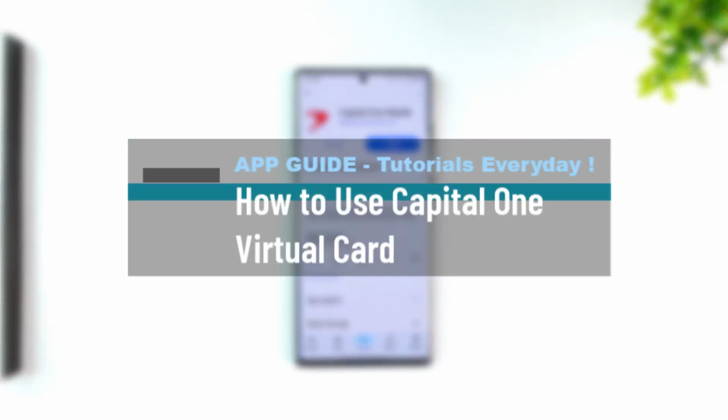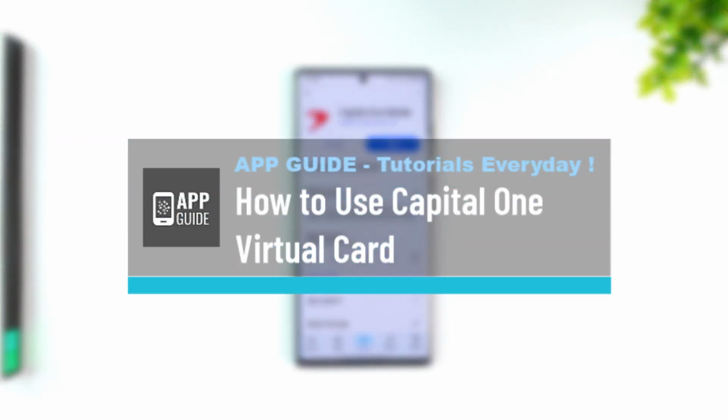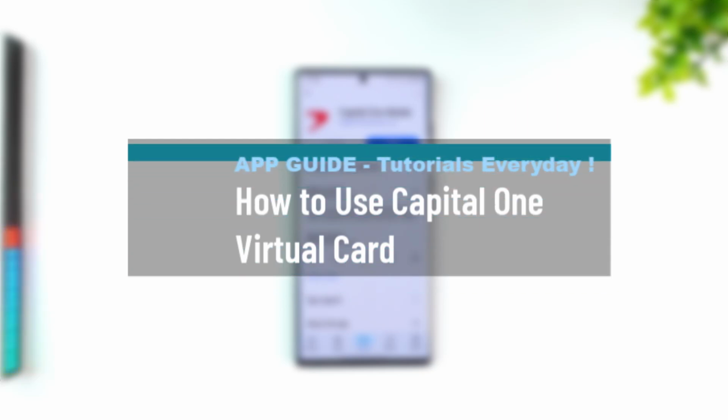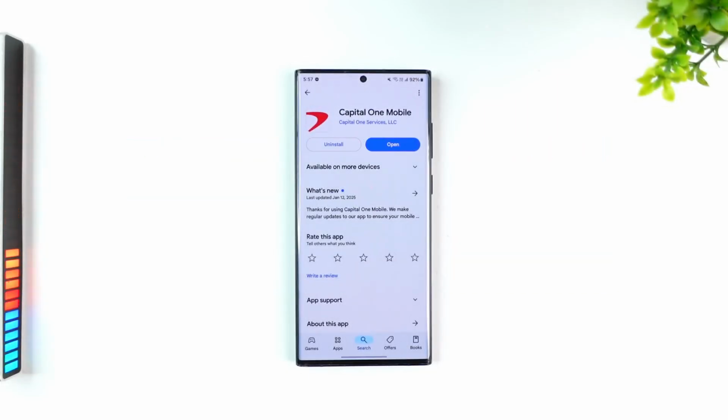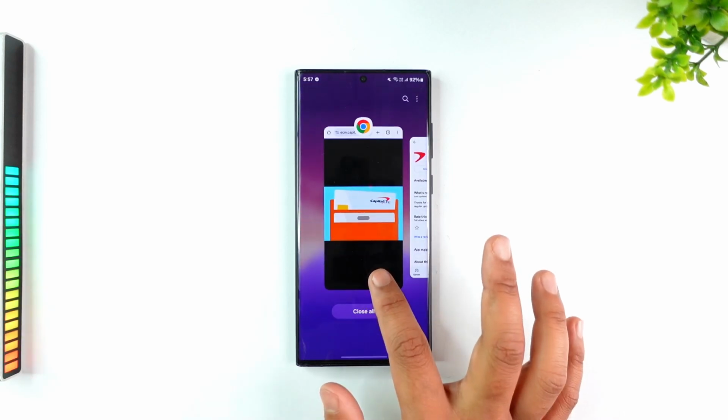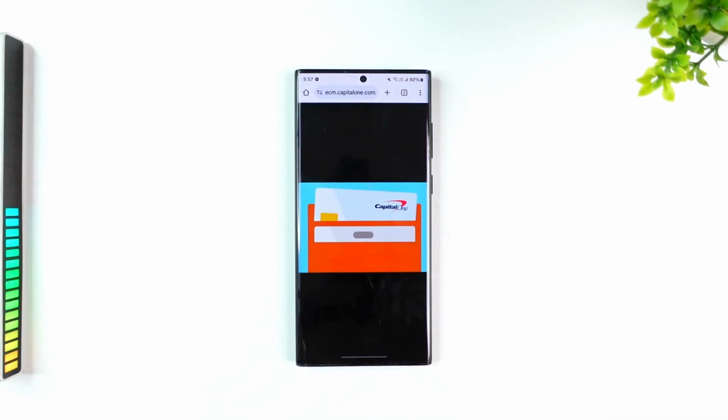How to use Capital One virtual card. Now if you want to use virtual card on Capital One, what you can do is you can actually access it through the Capital One mobile application. Virtual card is basically an e-card, so it is not a physical card, but you still have the card number